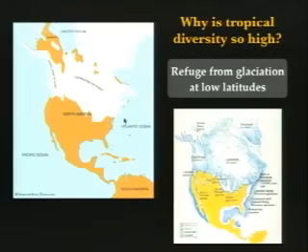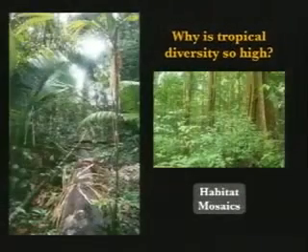Whereas the equatorial environments are not under ice during these ice ages. The sea level changes a lot because when you lock up all this water in ice, sea levels go down. The forests can become cooler when it's globally cooler. The precipitation regimes can change in the tropics. So it's not like they're uninfluenced by the ice ages, but they're not covered in ice. And that's a big difference. So refuge from glaciation at the low latitudes, refuge for the species that live there. Whereas the species that are typical of these areas will have to migrate to survive, or they'll be wiped out. So that could play a role.